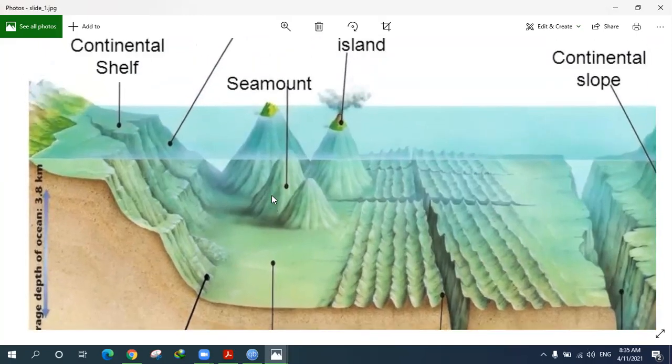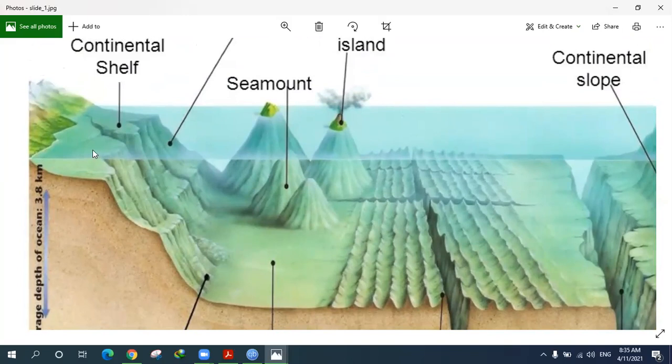You guys learned about erosion and weathering. Remember that? The erosion lesson. Erosion was when water, ice, or wind carried the sediments from one place to another. Yes, it happens here also. Weathering breaks down the rocks. Did I say weathering or erosion? Sorry guys, I got confused. Weathering breaks down mountains, and erosion is the movement of the sediment from one place to another.